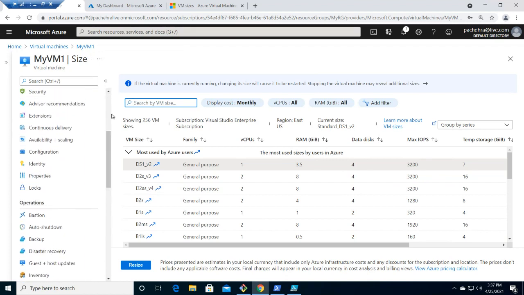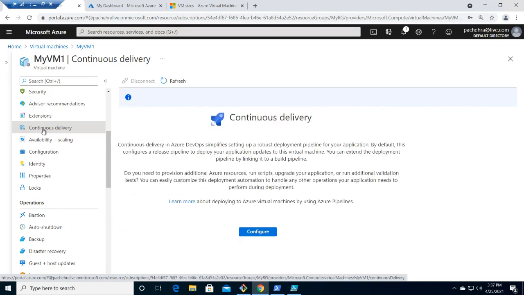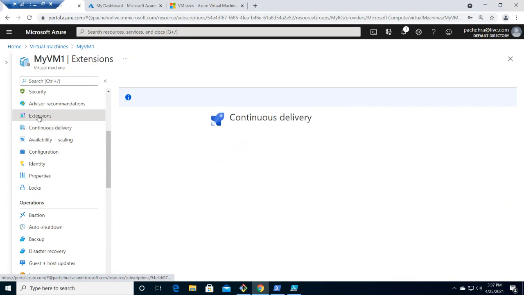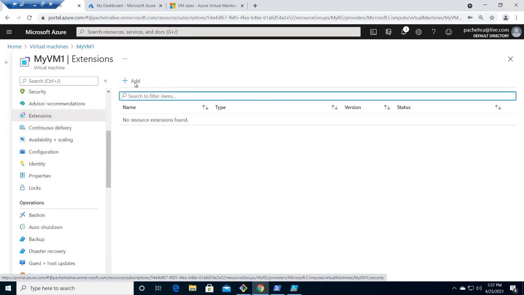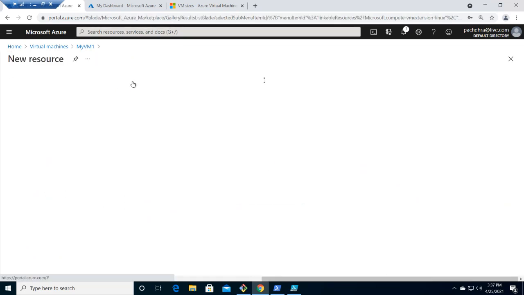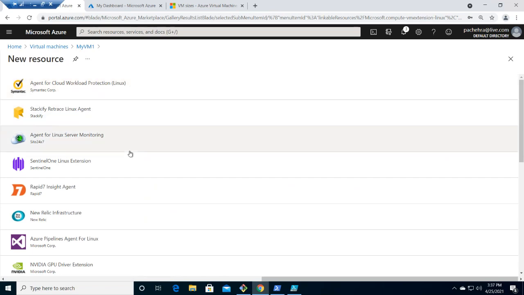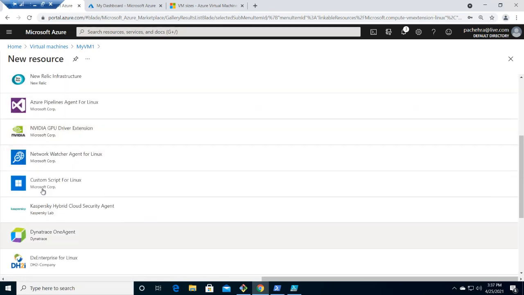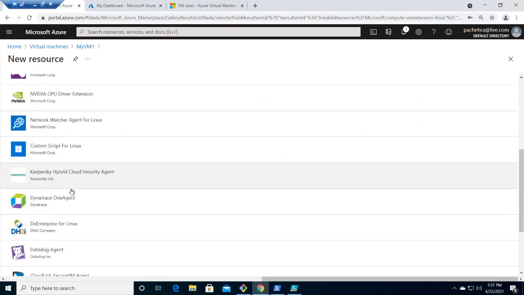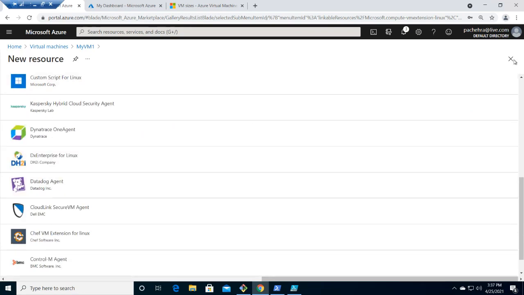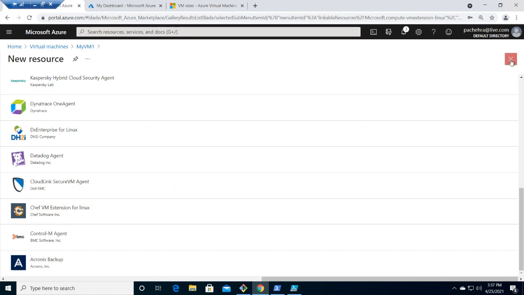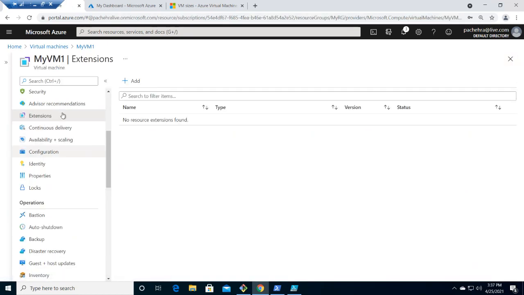From the developers' point of view, I think continuous delivery is something that Ashish mentioned. That's how it works. Extensions, which is very important, I also mentioned. You can click add, and if you want to bootstrap any script, you just simply use those. For example, right here, this is for Linux. We can use the PowerShell script for a Windows virtual machine. So these are the extensions which will help you.